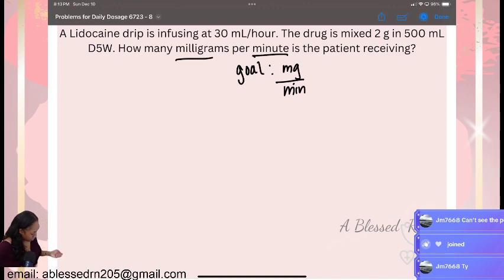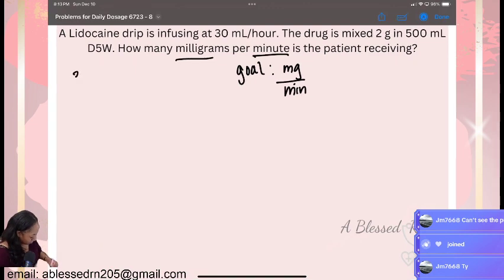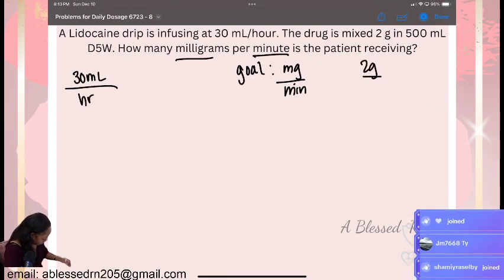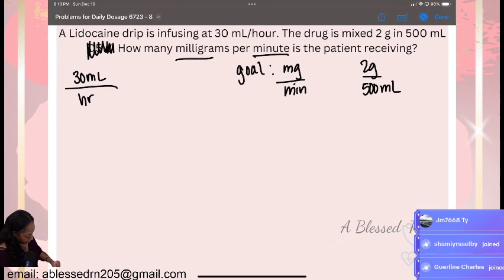That's our goal. So it says we got a medicine. It's already going in the IV at 30 mLs per hour. And the concentration of that drug is 2 grams and 500 mLs of D5W. This is just the type of diluent, okay? So don't even look at that stuff either. You see D5W, lactated ringer, half normal saline. No. Concentration, how many dots per ml, per liter, per whatever, okay? That's what we got. So we're looking for mgs over minutes.